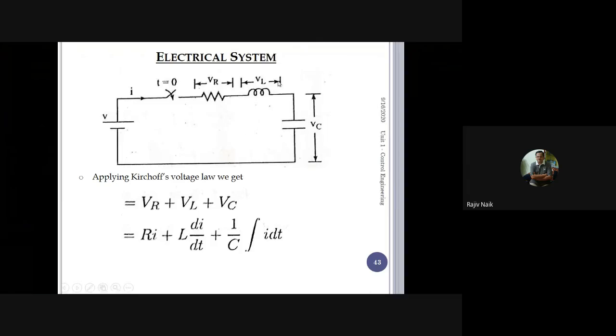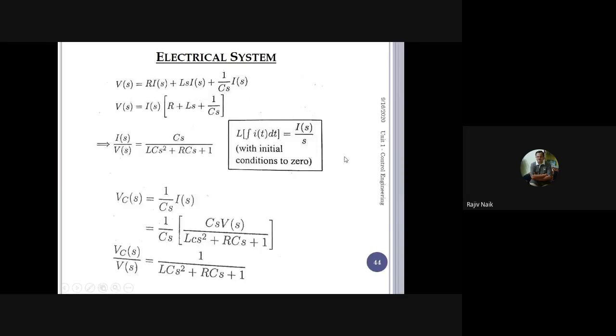why we got S square, you want to say? Yes, sir. That is due to modification. See, here also I have written LS only. But this CS is there in the denominator. So what I did, I took an LCM. So RCS plus LC S square plus 1 it will become. So the common denominator CS goes to the numerator.